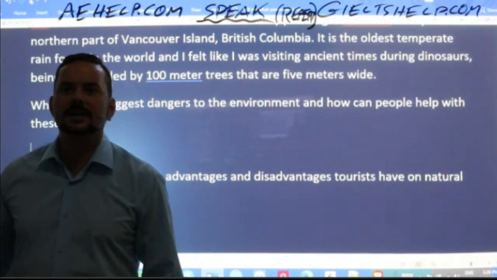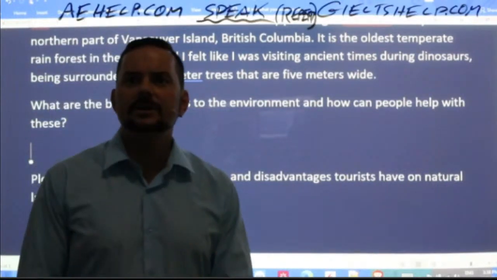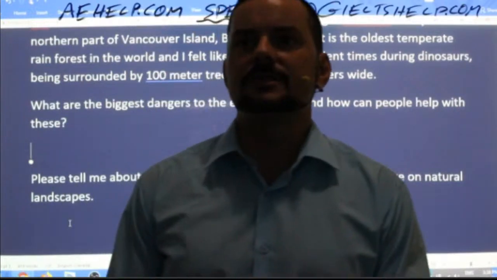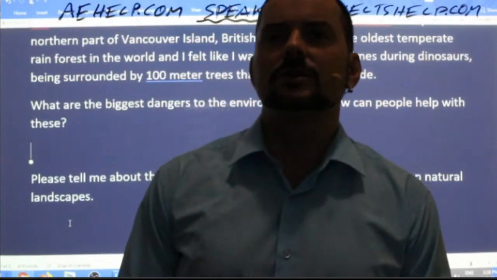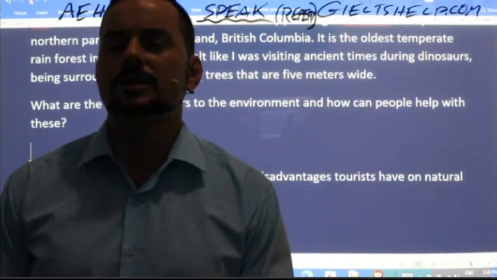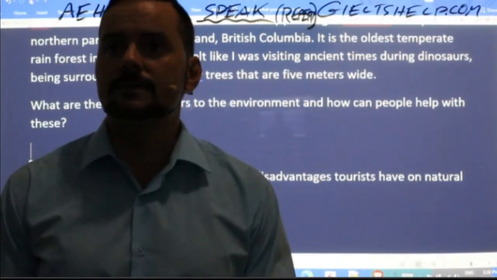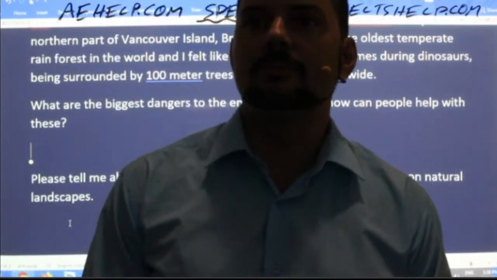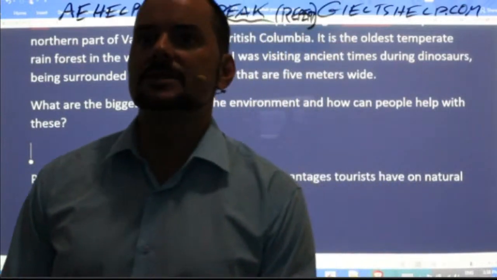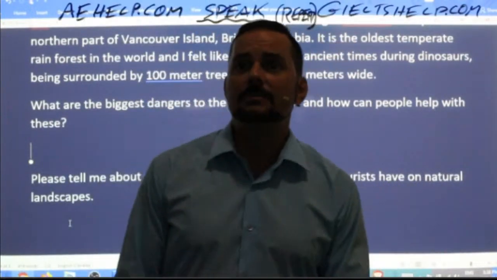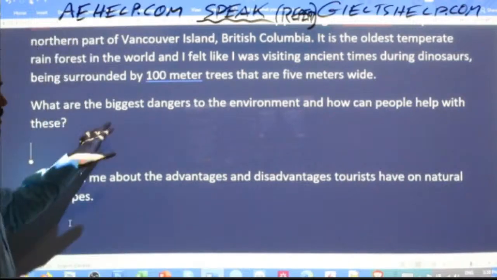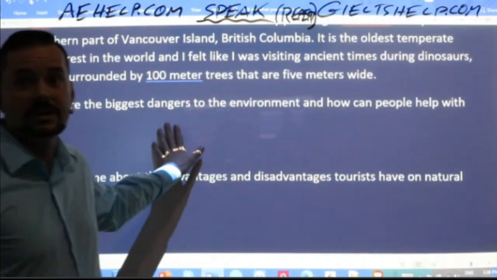Anju says, well, there are various threats to nature which are present today, and we as a community have a moral obligation towards finding solutions for these. Firstly, we can take a pledge to plant more trees so as to balance deforestation. Yeah, but Anju, what are the biggest dangers? You still haven't answered the question.